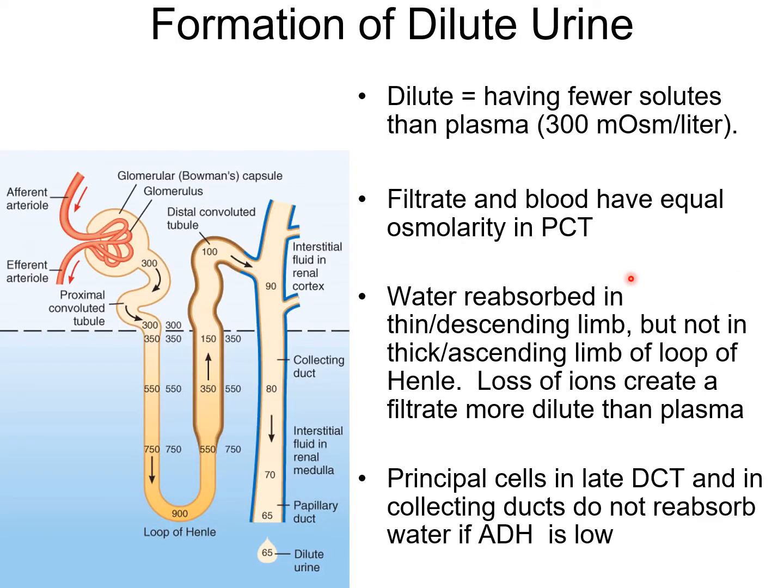So dilute urine: antidiuretic hormone level is low because we are well hydrated. Nothing has triggered our hypothalamus that will be changing antidiuretic hormone levels. So we are looking at the distal convoluted tubule and collecting ducts,